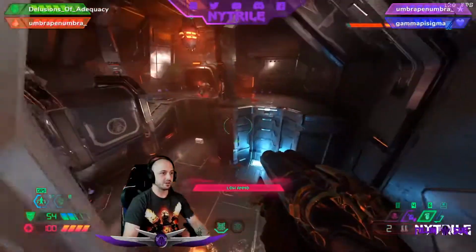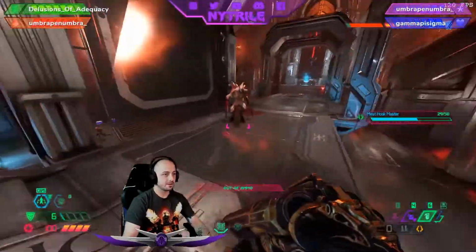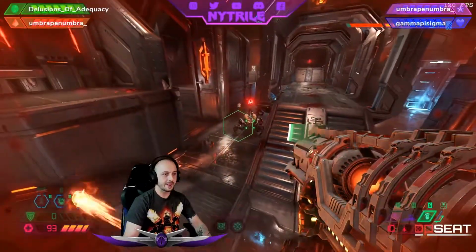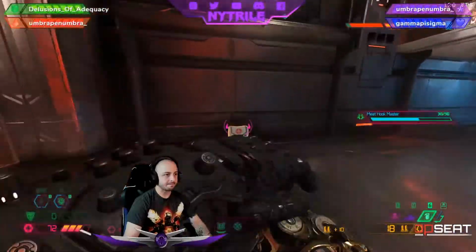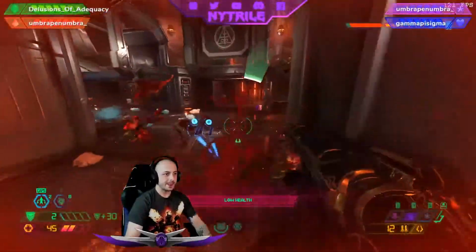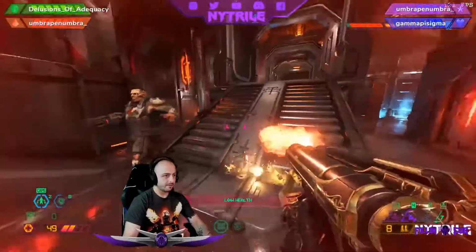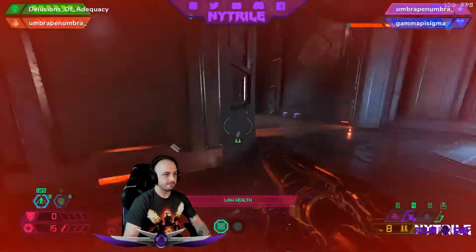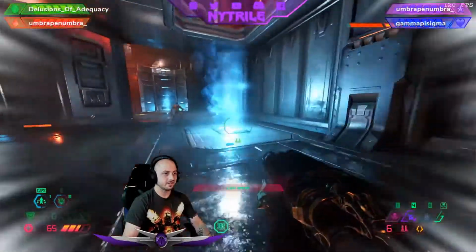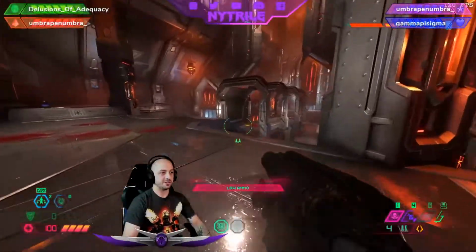Alright. Looks like we messed that Revenant up. I thought it was an imp, but we got a decent amount of go for that, and go for that. Know where the health is as well. We went 5 health in a dream on that one, but